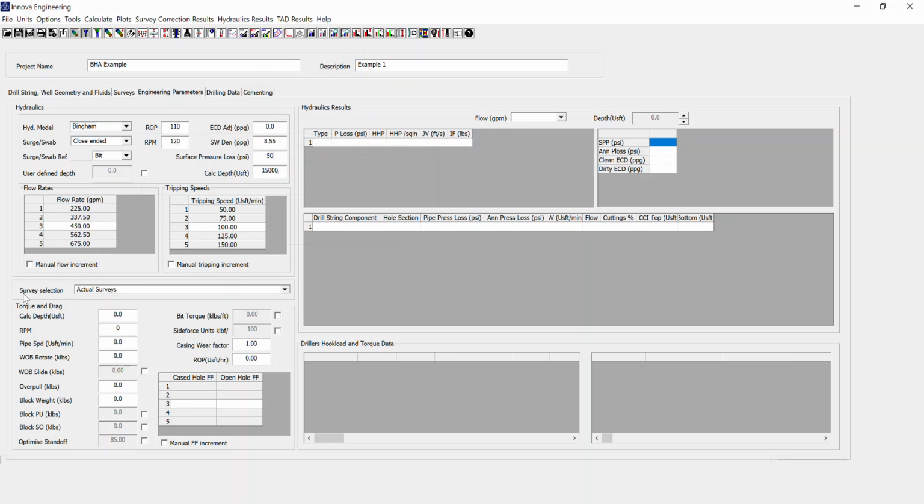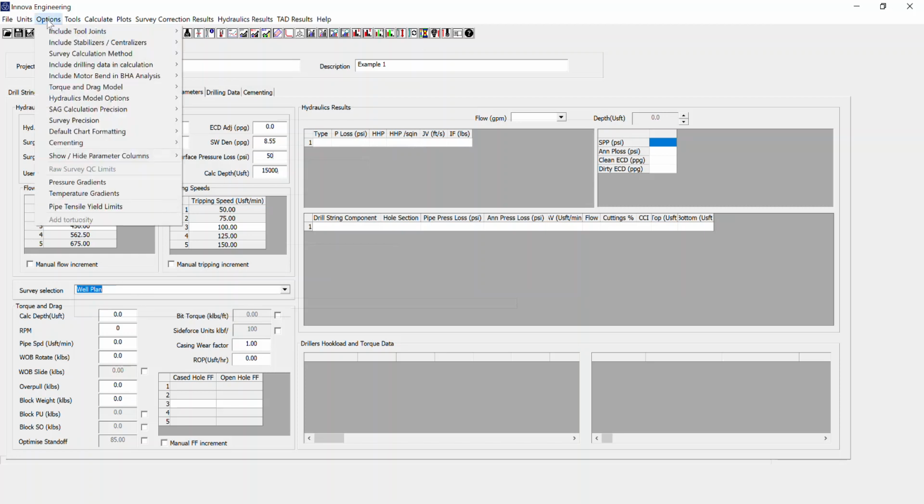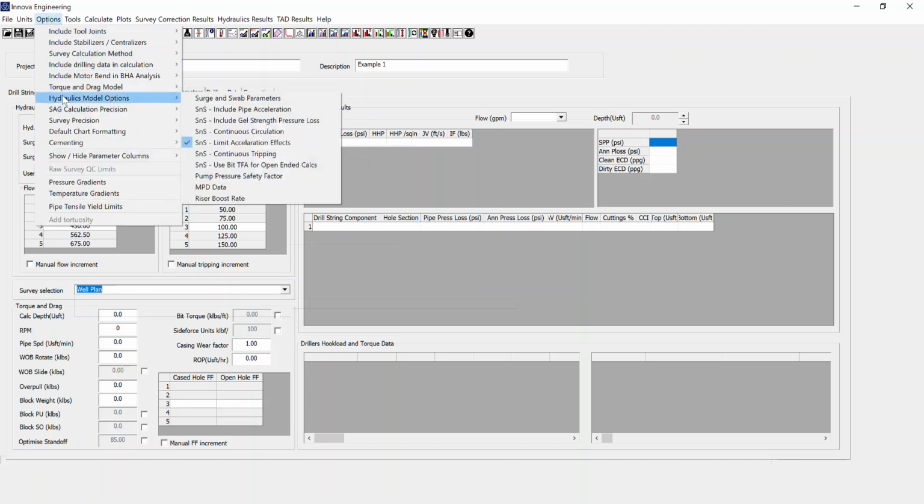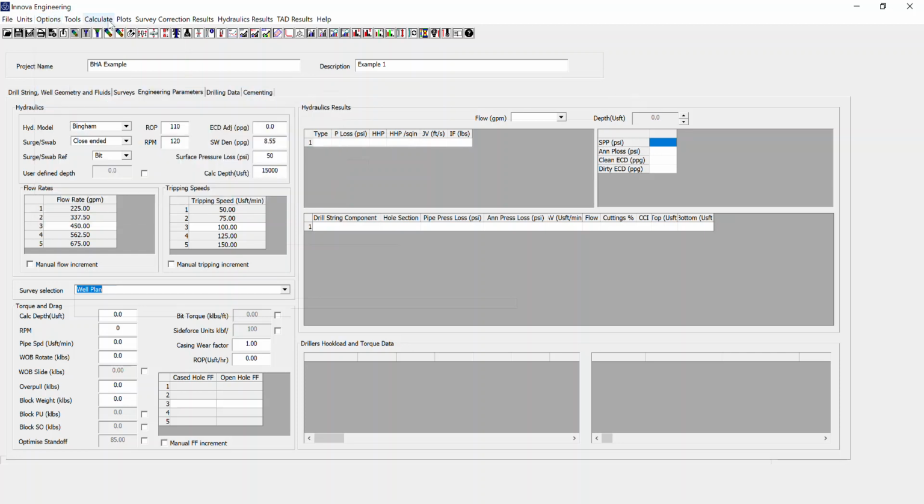Last thing I have to do on this page is the survey selection. So I input my survey's well plan level, so I need to select well plan. Save. The last thing I do before calculating my hydraulics, I go to the options and hydraulics model options. So in here you can adjust mainly for the surge and swab these settings used in that calculation. Okay, so I'm going to go calculate hydraulics,